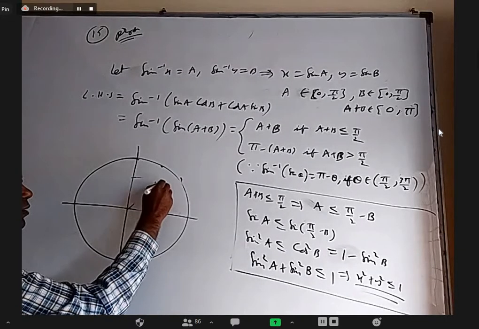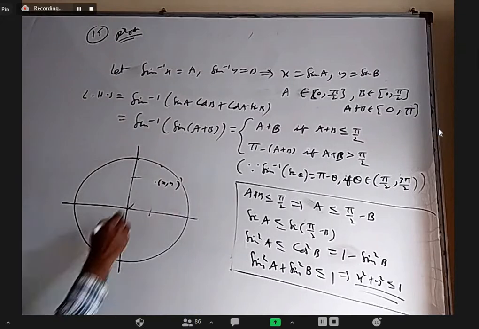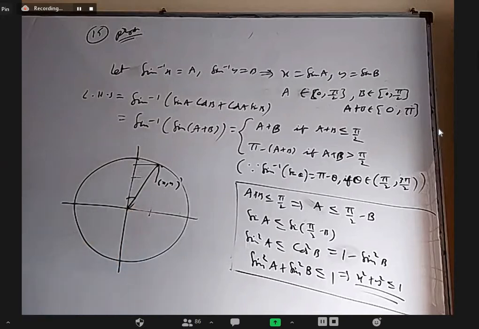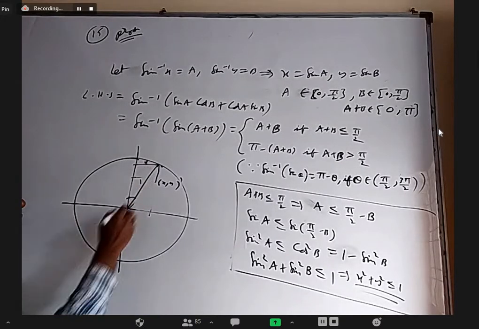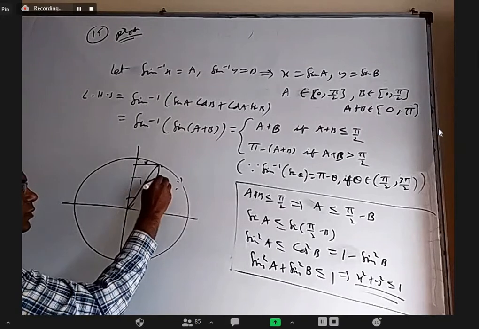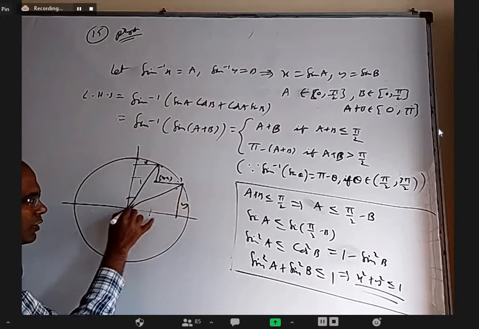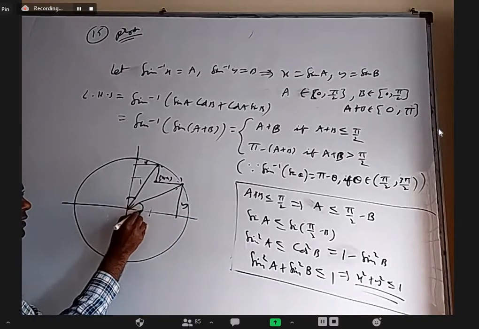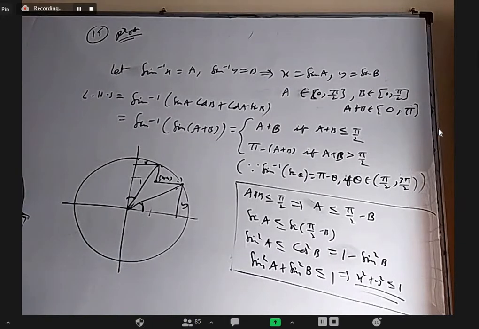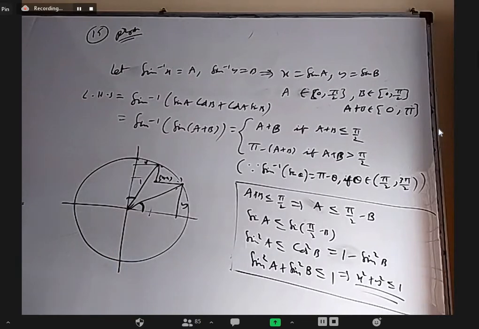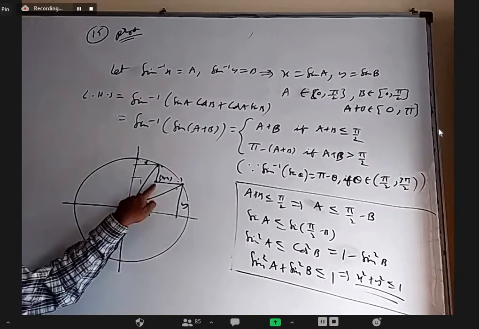If you take a point x comma y, and if you want to know what is sin inverse x, you have to go back vertically to this. This angle is sin inverse x. This is x, this is 1. And if you want to know, this is my x comma y. You go to this point and then draw a vertical line, that is y, and join this. This angle is sin inverse x and this angle is sin inverse y. All of you agree with that? Is the sum of these two angles equal to 90 or less than 90? Less than 90, because we are missing this much angle. So that is when x comma y is inside the circle.